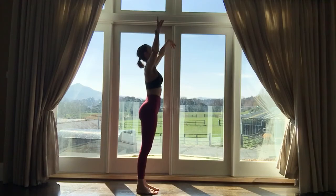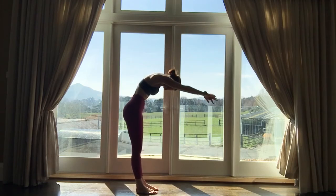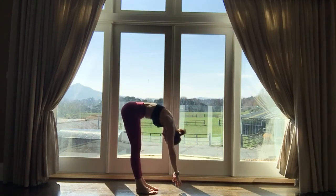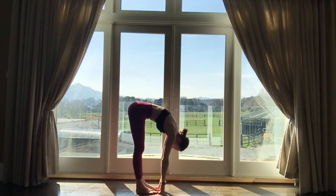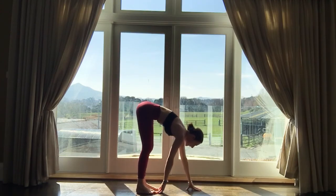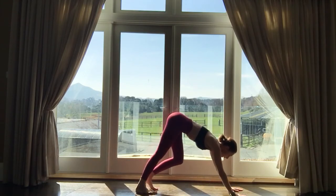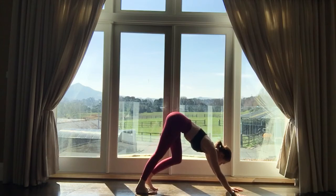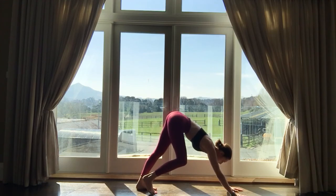Going to do a little roll down here. So lifting up nice and tall and rounding forward. Hang here, wherever you're at, and then you can bend the knees if you need to, walking out. We're just going to push down one leg at a time, taking your time, push back, nearly trying to arch. You won't, but you're going to attempt it, just really pushing back,